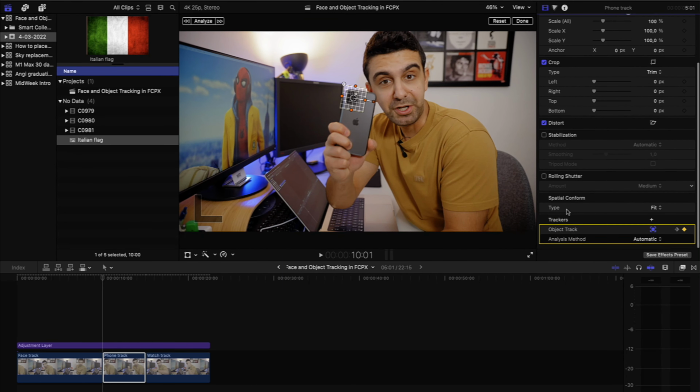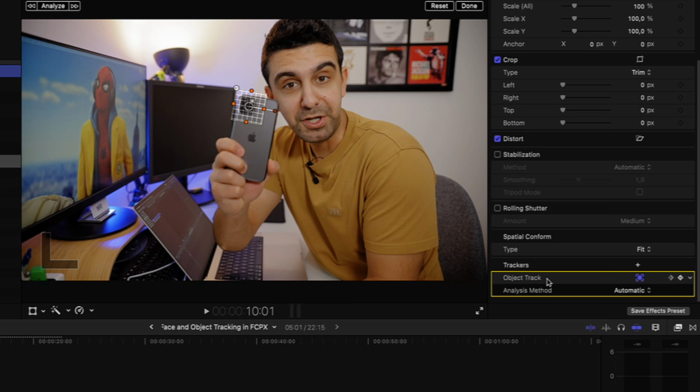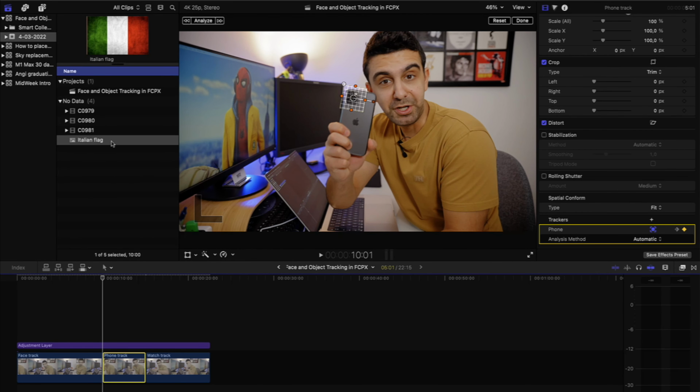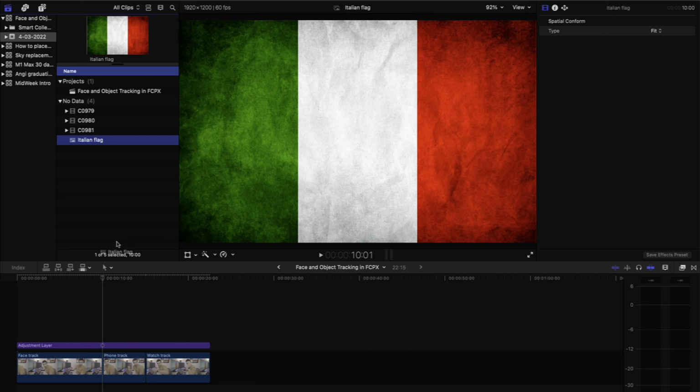And as you can see what it did, it created a new tracked object and it actually named it by default object track. You can actually name this differently just so that you can keep an eye on what is what. I'm just gonna call this phone. And then let's say we want to track the Italian flag to the phone. I'll just drag it on my timeline,